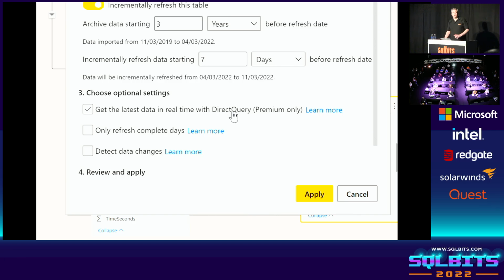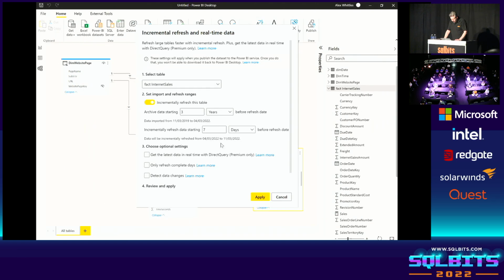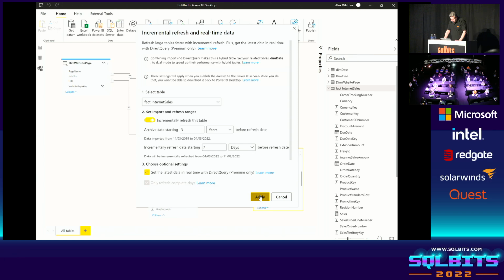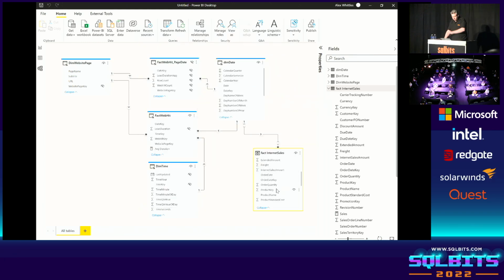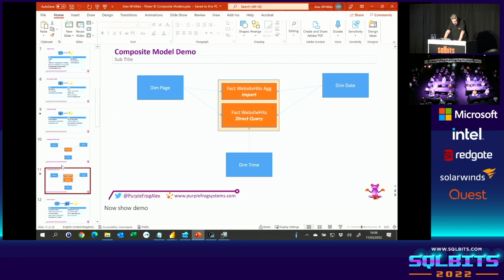So what this will do is create this new hybrid table where the latest partition, today, this week, this month, whatever you define that as, will be automatically in DQ mode to the underlying database, whereas the other partitions are going to be imported. So if I do that, then there's all sorts of other settings in there which I haven't got time to go through the details. But if I go back to a slide,